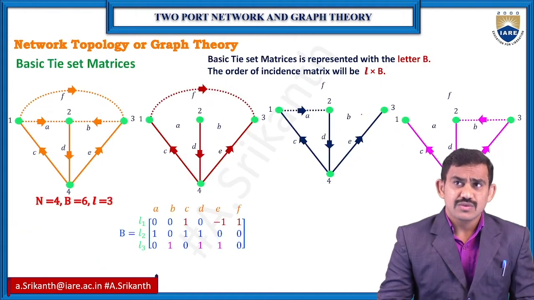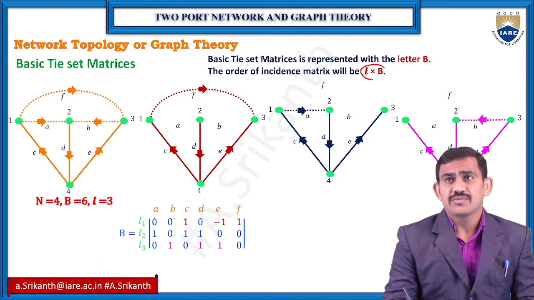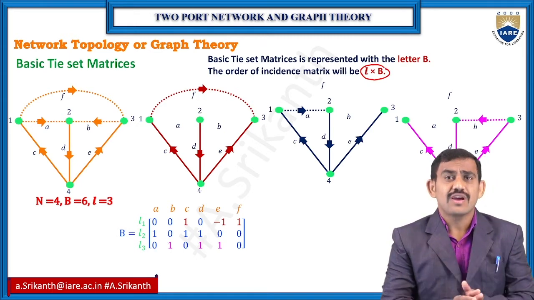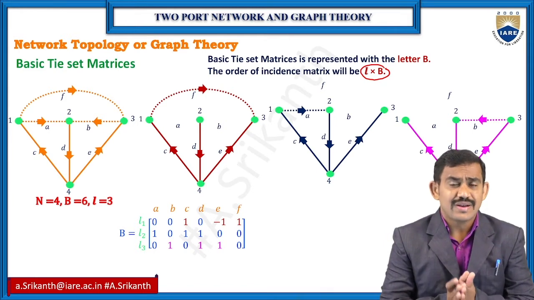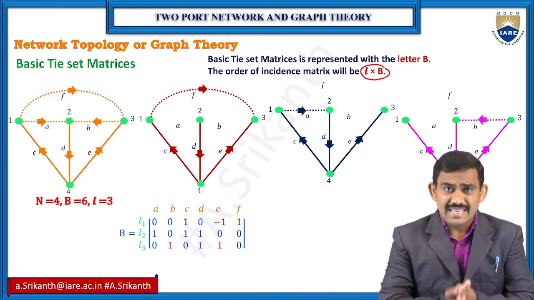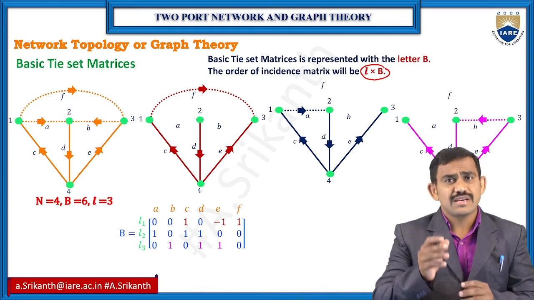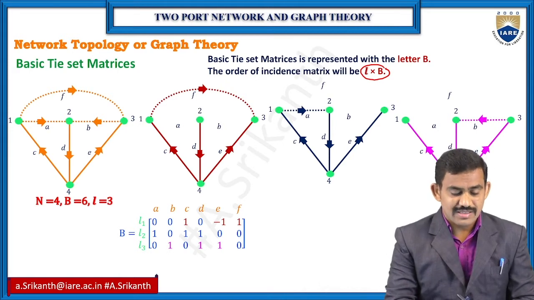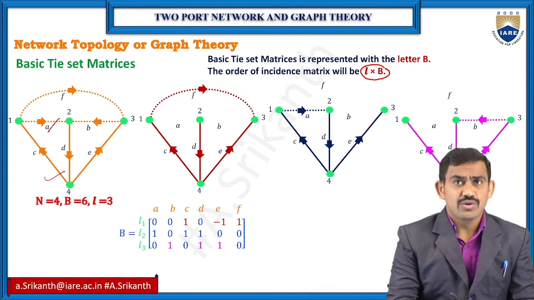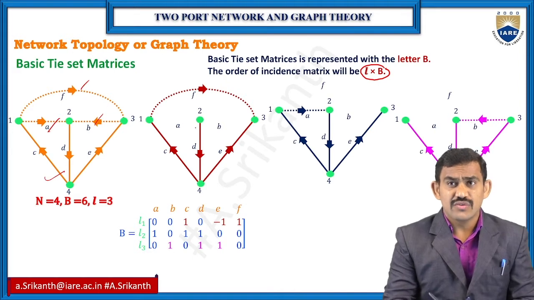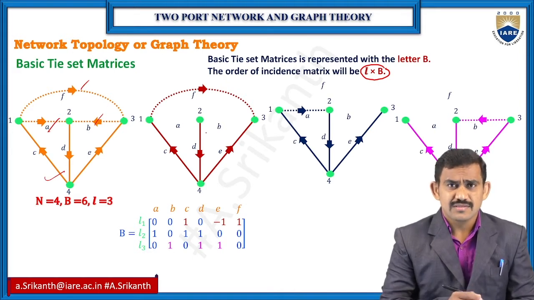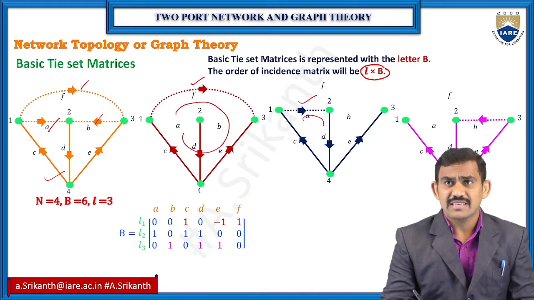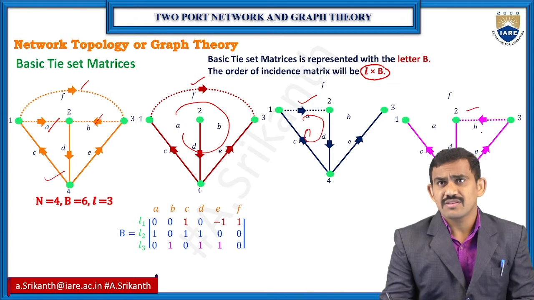Coming to the B matrix, we have links into branches. Here links means co-trees, so co-trees into branches. For a particular graph, we have the original graph. In that original graph, we need to go for a tree and co-tree. So using links, the co-trees, we get the B matrix. In a co-tree, however many links we have, we need to create that many loops. For this circuit, I have 3 co-trees, so for these 3 co-trees I need to go for 3 links, so 3 loops. Using one co-tree, I have one loop here, and using this co-tree, I have a link here. So loop here, same for this co-tree, I have the loop here.